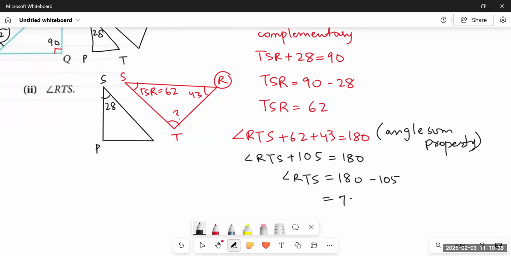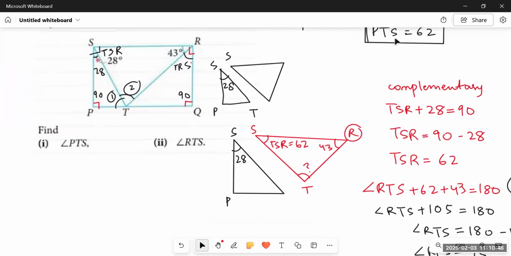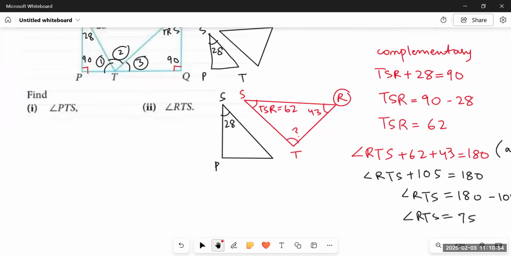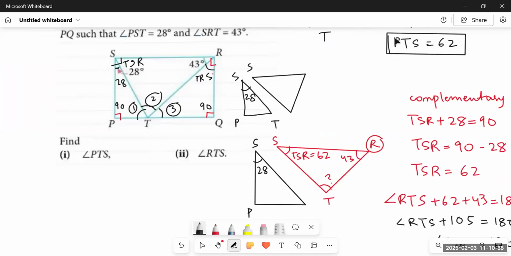And even after finding this angle, we can easily find out the third angle on this straight line, which is angle RTQ. Now we can find this angle as well. Let us mark this angle. If you come up with any type of question in your exams, now you can easily find this angle because this is a straight line. As you can see, it has been split into three different angles. This is angle 1, this is angle 2, this is angle 3.